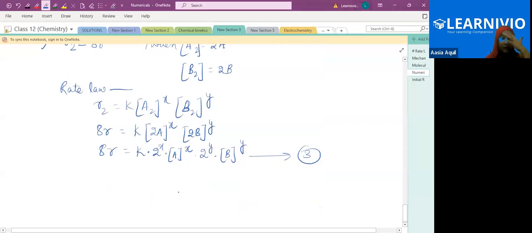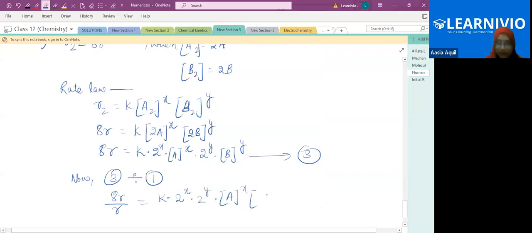Now just divide equation 3 by 1. So 8R upon R is equal to K into 2 raised to the power x into 2 raised to the power y, concentration of A raised to the power x, concentration of B raised to the power y, upon K, concentration of A raised to the power x. See, everything will be cancelled out,